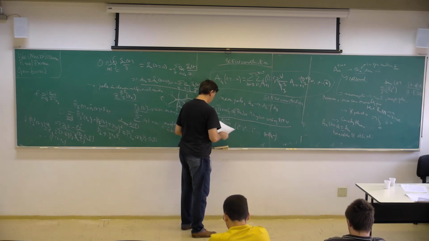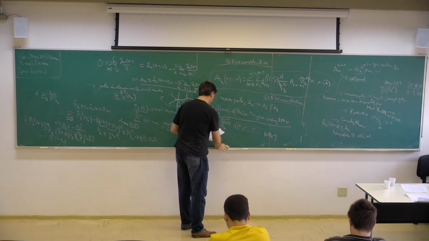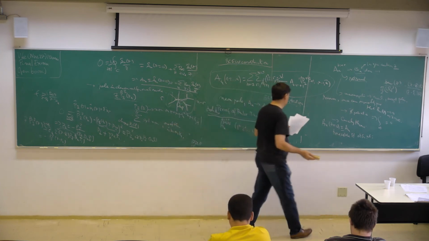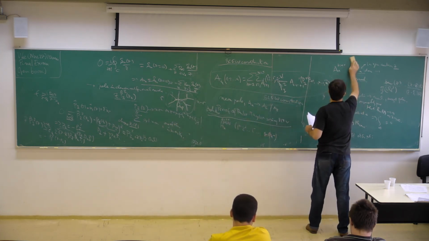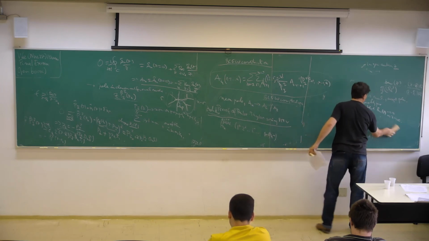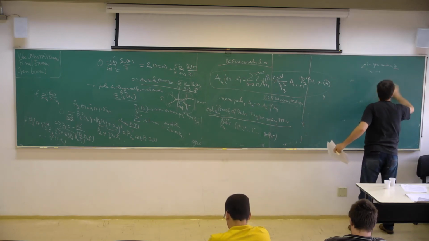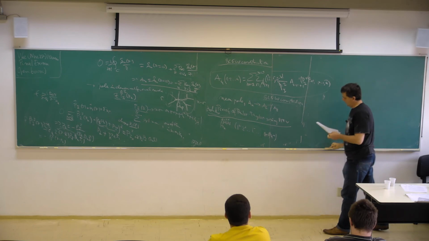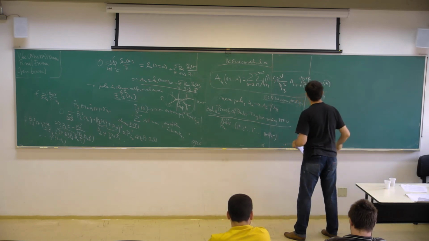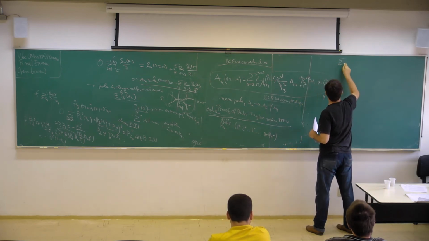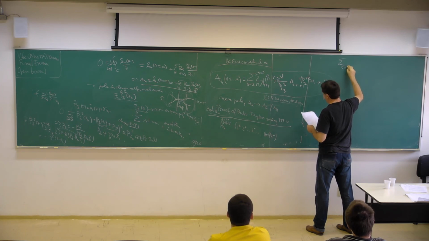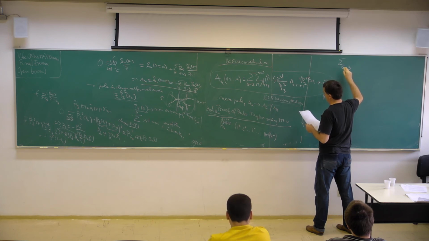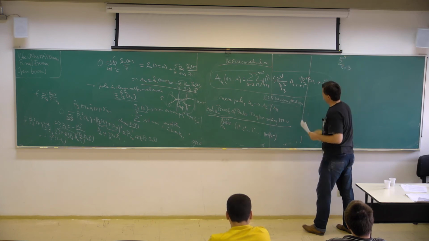Okay. So in this sum, I have the sum of r from 3 to n minus 3, in fact, because